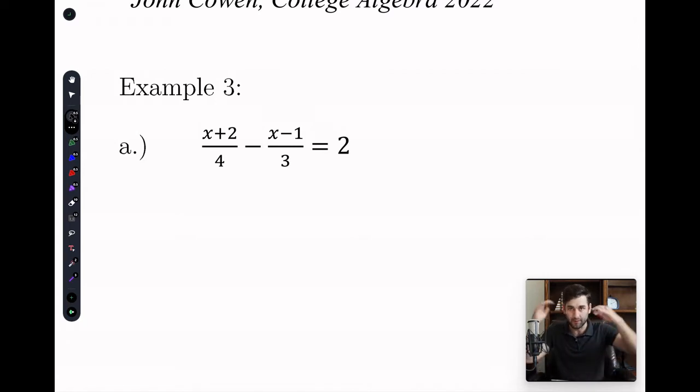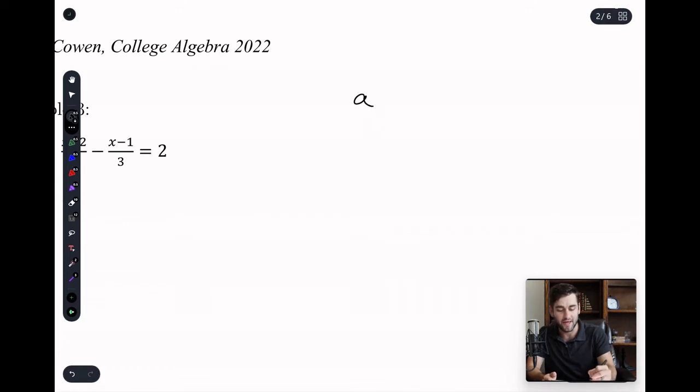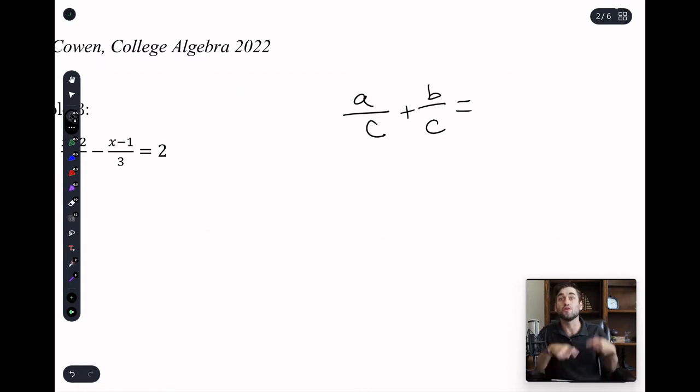So if you've got something on the bottom, that's called the denominator, the top's the numerator, and we're looking for a common one, right? We want to mash them together because if you remember back to a long time ago when you learned fractions and everybody hated fractions, if you have A over C plus B over C, there was this cool thing you could do to simplify your problem, which is you could combine the top and leave the bottom the same, right? So it'd be A plus B over C.